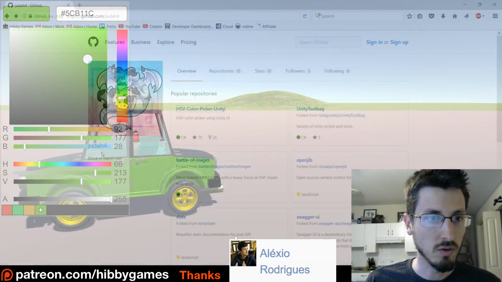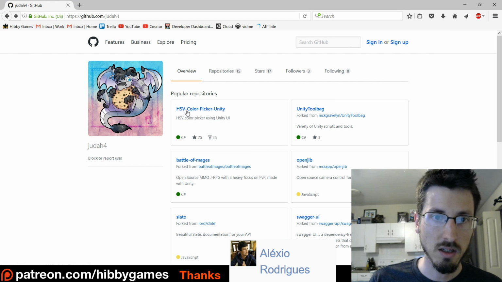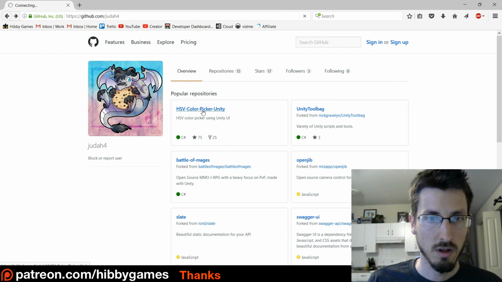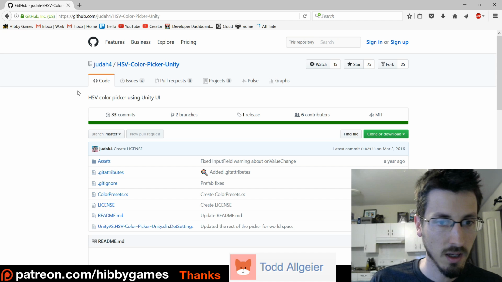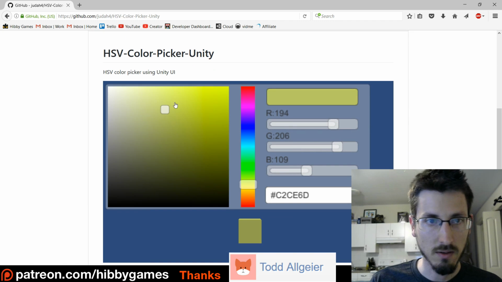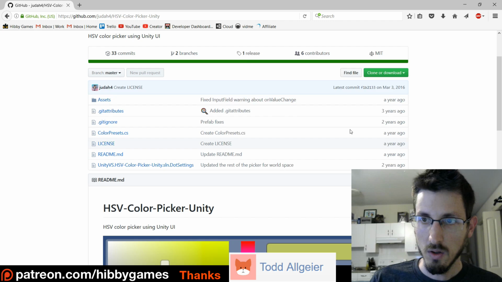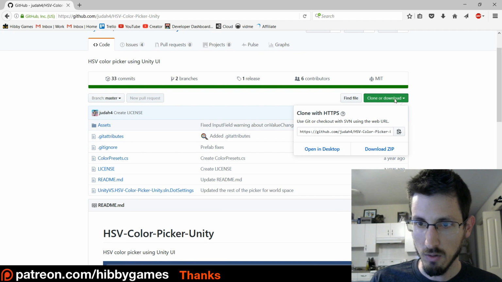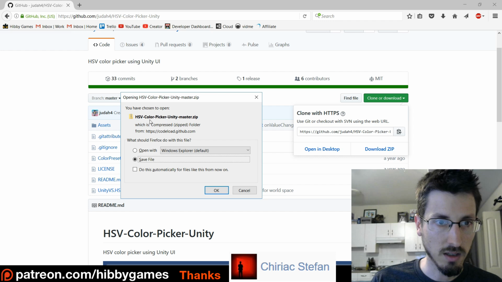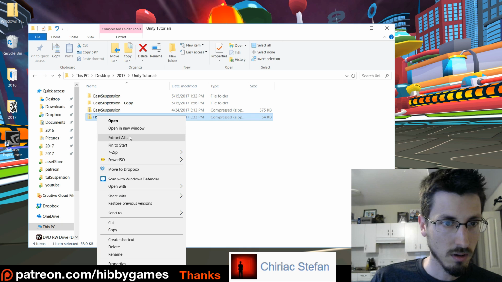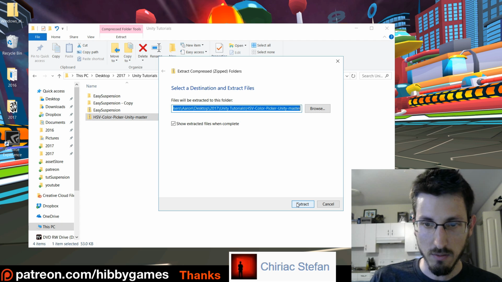This guy, Judah4, made the HSV color picker for free, so I'm going to put a link below for this. And you can go here, click on clone or download, download zip, and get this HSV color picker. Extract that, unzip that,